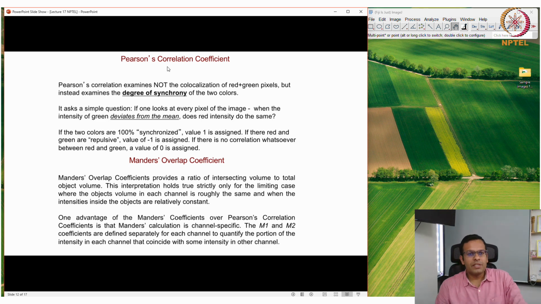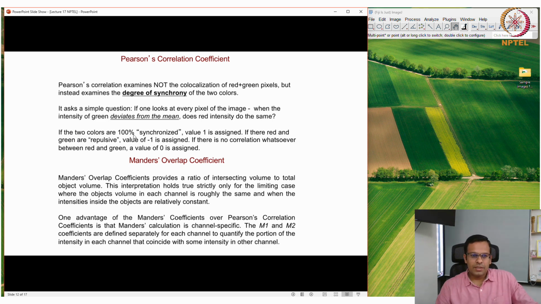So what is Pearson's correlation coefficient? Pearson's correlation examines not the co-localization of red and green pixels, but instead the degree of synchrony of the two colors. That means it asks a simple question: if one looks at every pixel of the image, when the intensity of the green deviates from the mean, does the red intensity do the same?